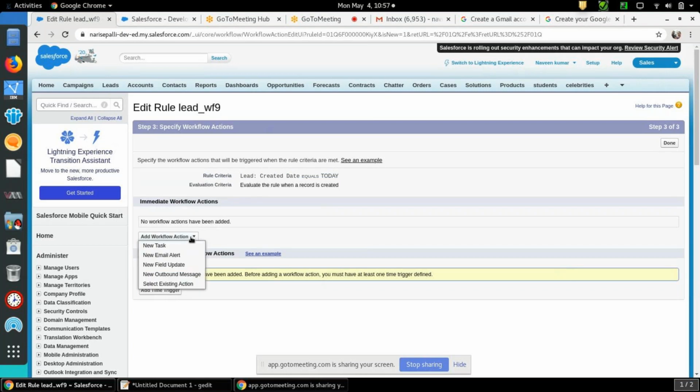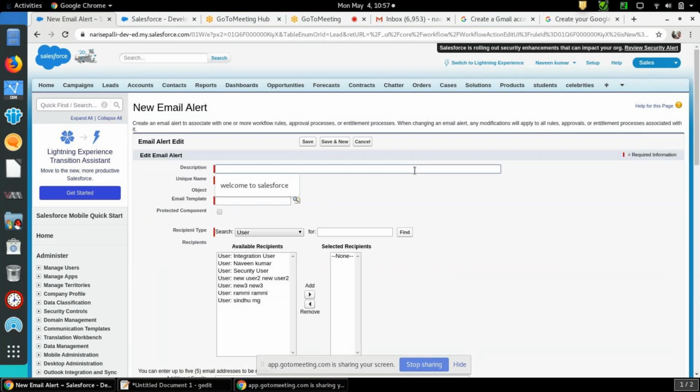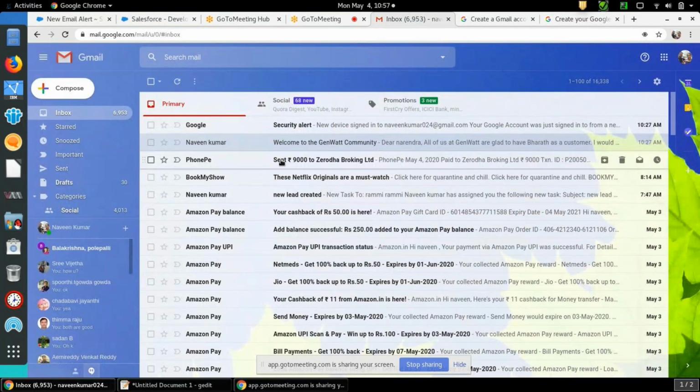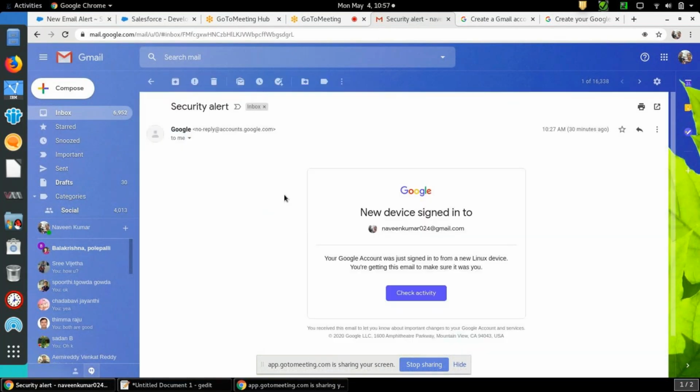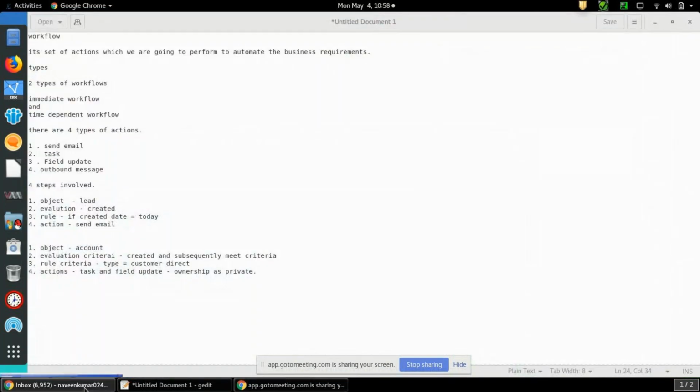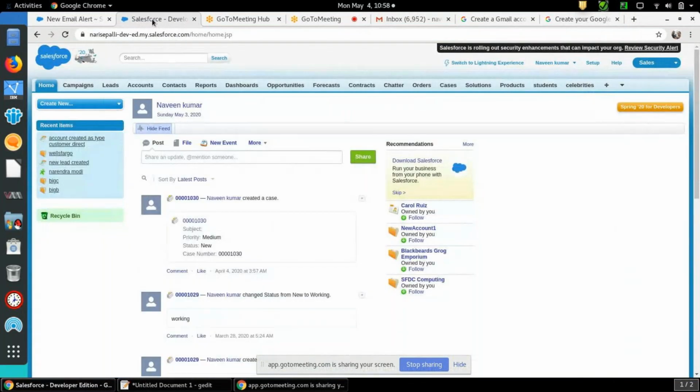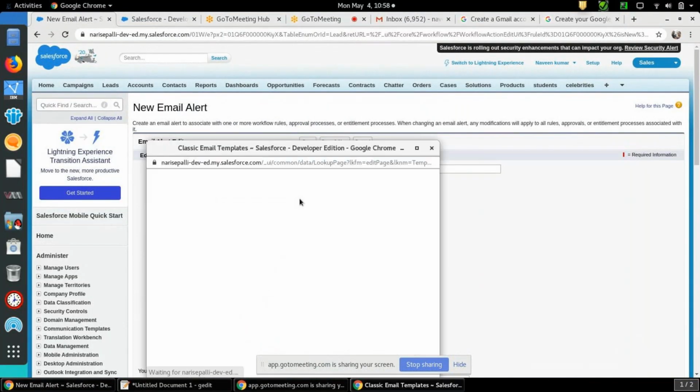For the immediate workflow action, I am sending a new email alert. You can name it something like Welcome to Salesforce World. You need to select an email template, since any email should have some format. We already have a list of email templates here, and I am selecting one.